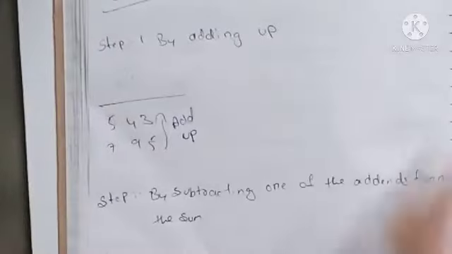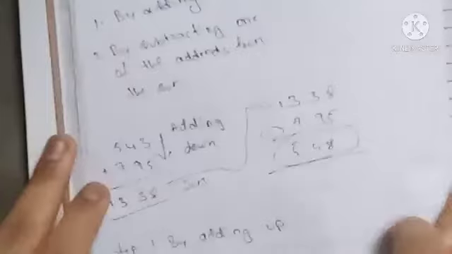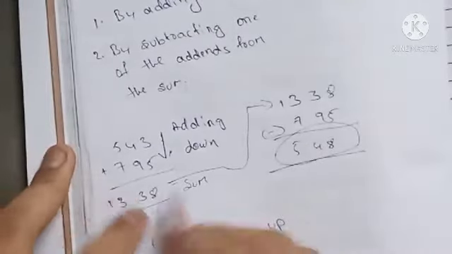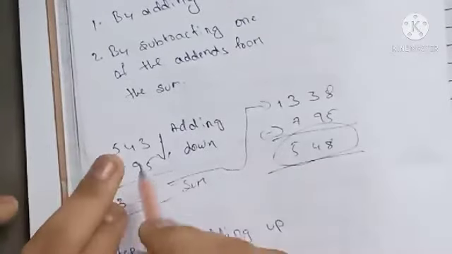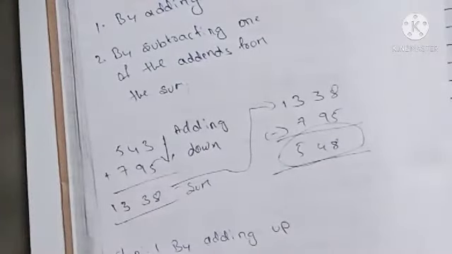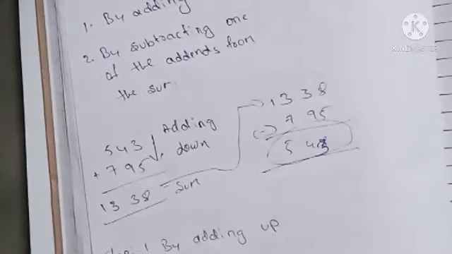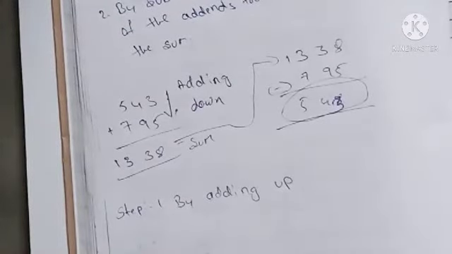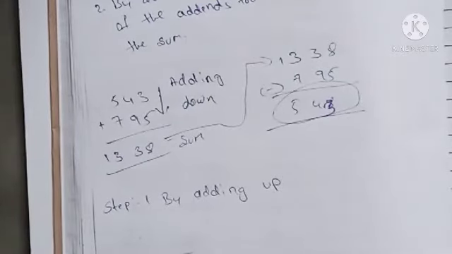See here, let me show you. By subtracting one of the addends from the sum. Here I did it. See, the sum is there. Subtract that from the addends. We got the answer 448. Same. Sorry, here that is 443. Okay, now I'll show you the screen, I mean the writing of that. I'll show you on the screen, you can also understand.